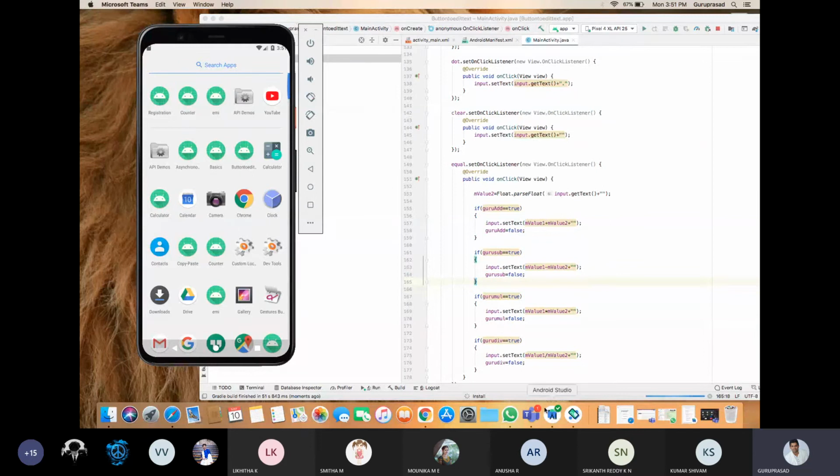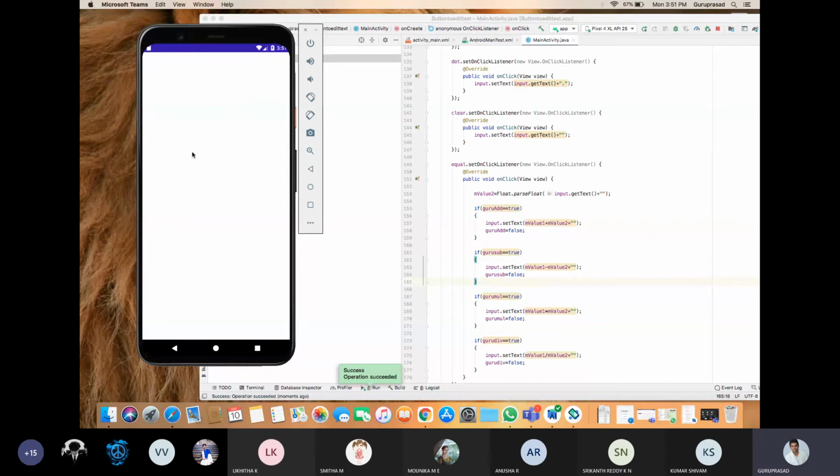So launching, installing the activity. Launching happening. Now launching successful, operation succeeded. Now you got a picture.